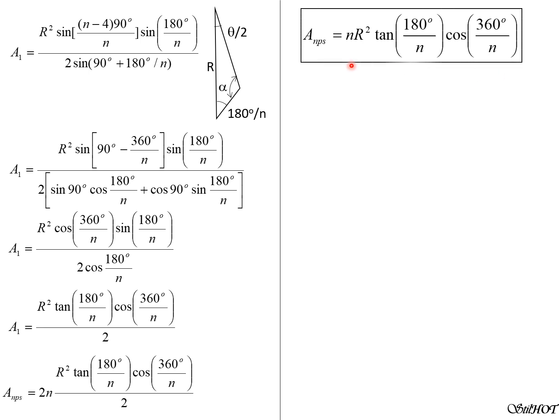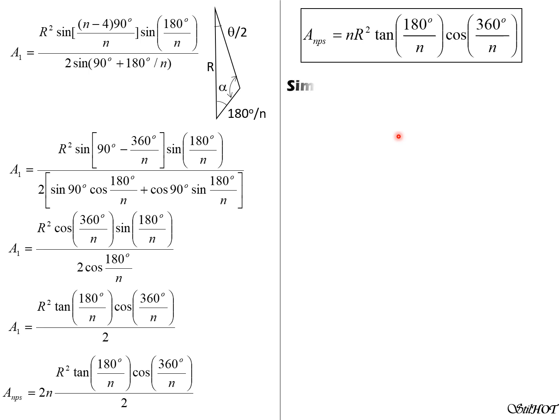But you're not obliged to memorize that. I suggest that because it is needed that you know this angle, 180 degrees over n, and that angle, you can apply the sine law to solve this length. So after solving this length, then apply the area of this triangle as 1/2 of the product of adjacent sides times sine of 180 degrees over n. And after that, multiply that by 2n in general. You can derive this as a formula, but it's not important. Naruto tan cos.